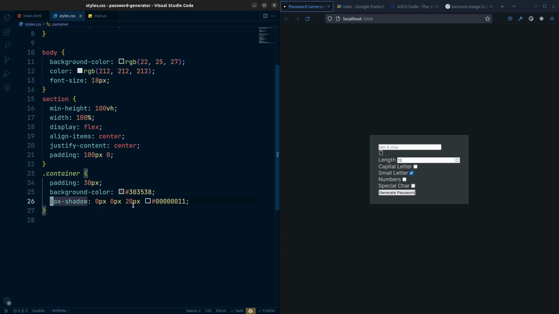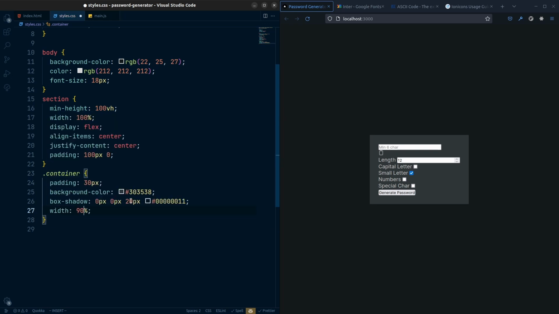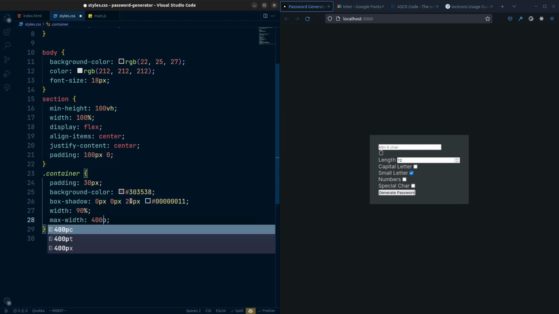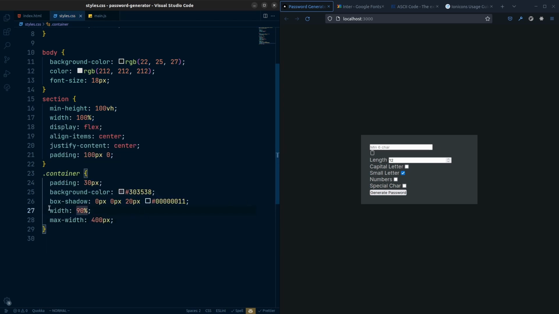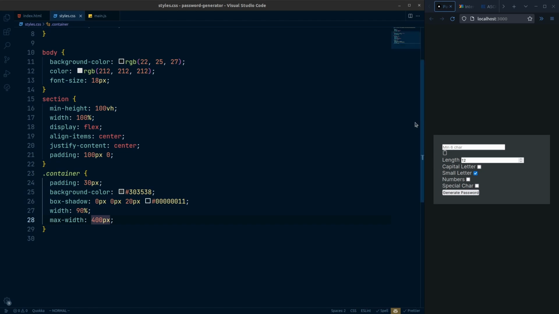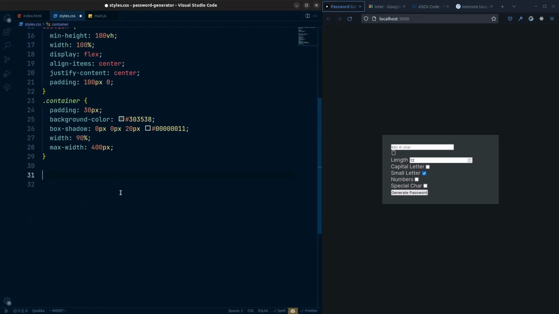And after that, I will say the width will be 90%, and also max-width will be 400 pixels. Now you can see if I do that correctly, the width is 90% and max-width is 400 pixels. So the container width is currently 400 pixels, and whenever I go to a small device, it will have only 90% width. Great. That's all. After that, let's go to our form,